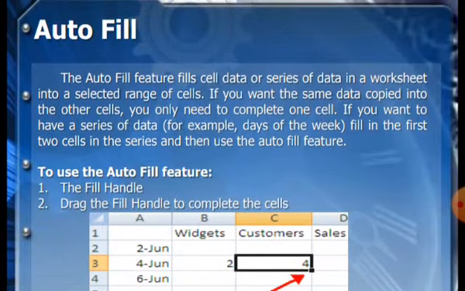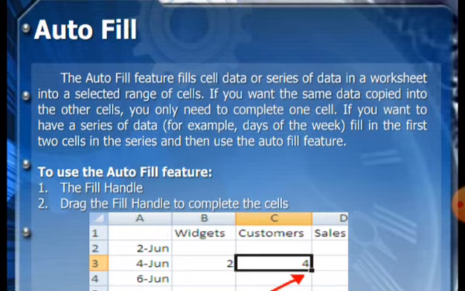Autofill. The autofill feature fills the data or a series of data in the worksheet into the selected range of cells. If you want the same data to be copied into other cells, you only need to complete one cell. If you want a series of data, for example a day, a week or a month of the year, fill in the first two cells in the series and then use the autofill feature.